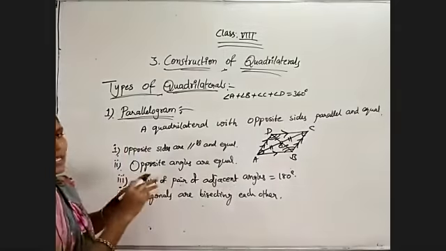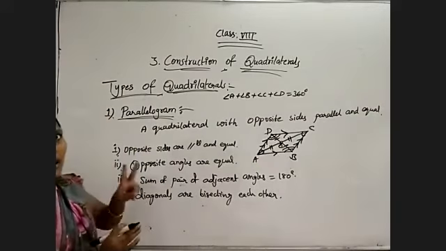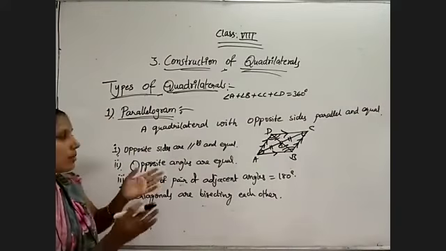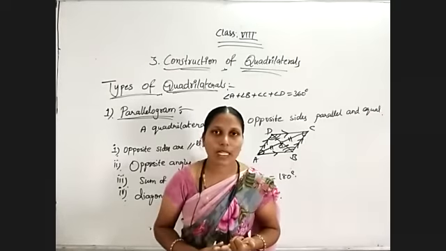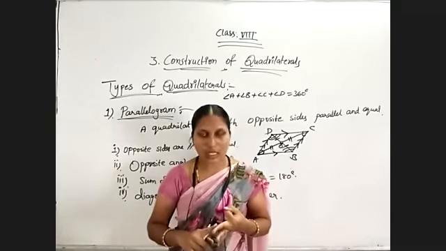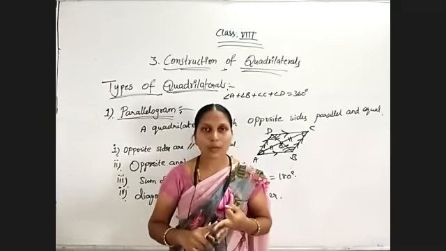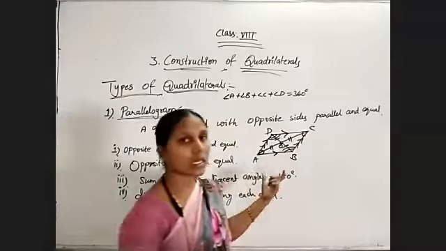Bisection means two equal parts. They are divided into equal parts. Bi means two. Bisection is nothing but they are divided into two equal parts. Okay. So what are the four properties of a parallelogram? A quadrilateral which has opposite sides parallel is known as a parallelogram. A parallelogram has opposite sides equal and parallel. Second property is opposite angles are equal. Third property is the sum of a pair of adjacent angles is always equal to 180 degrees. They are supplementary angles. And the fourth property, diagonals bisect each other. So this is about a parallelogram.